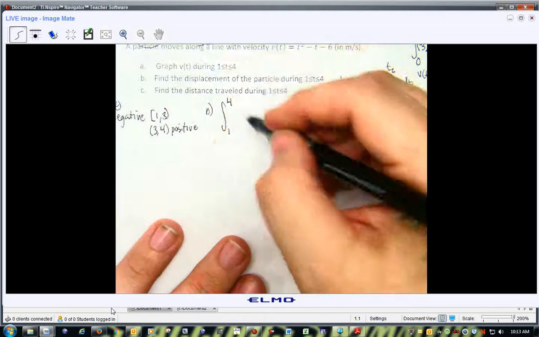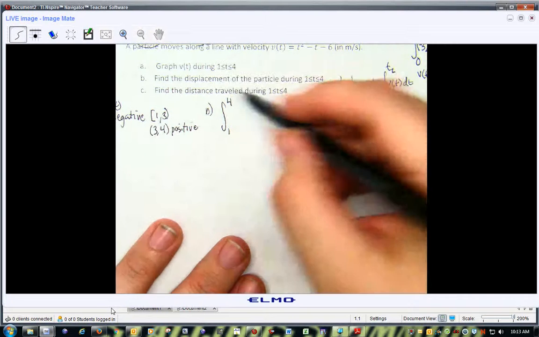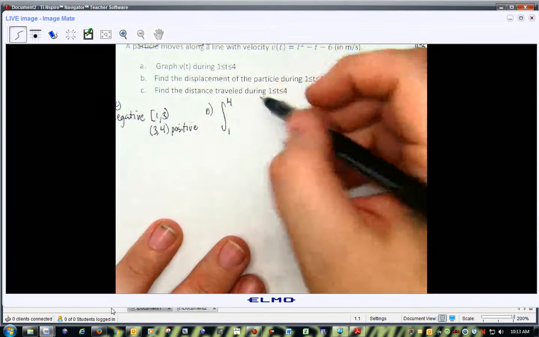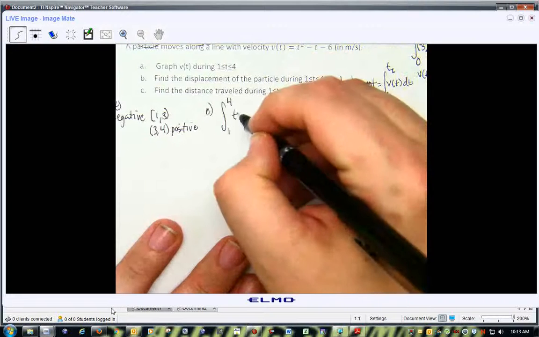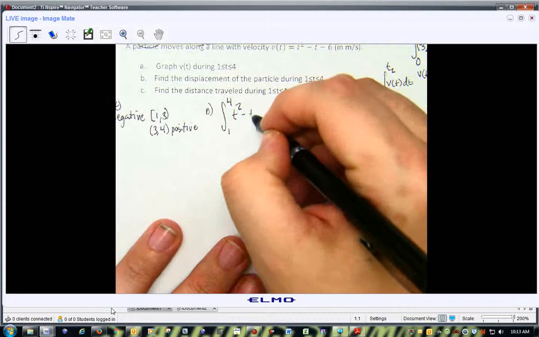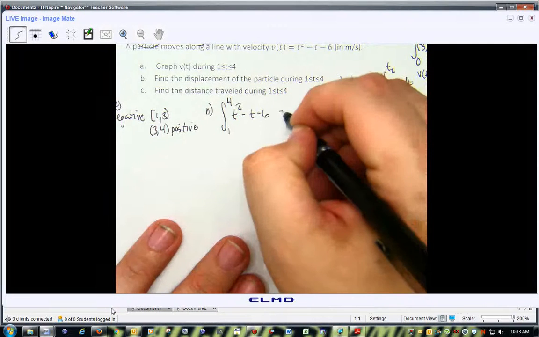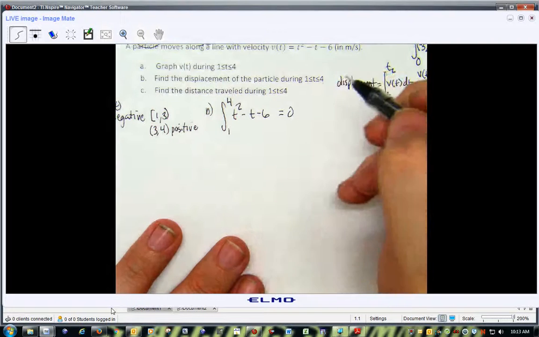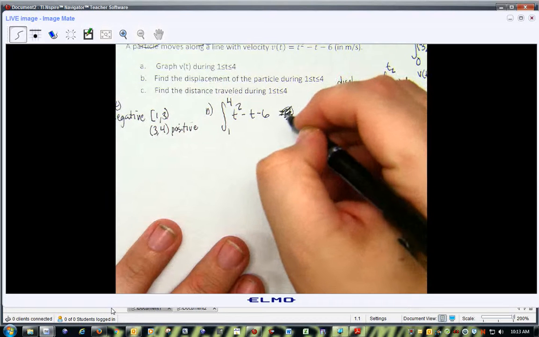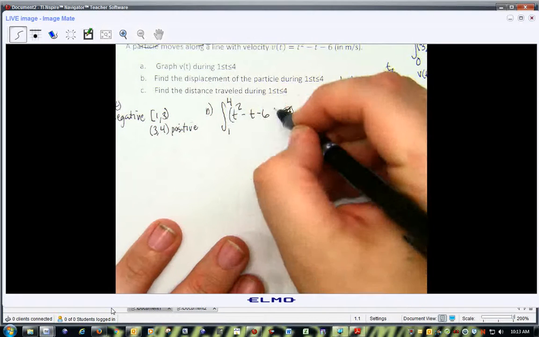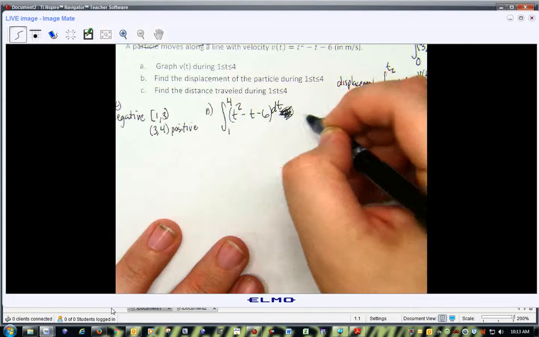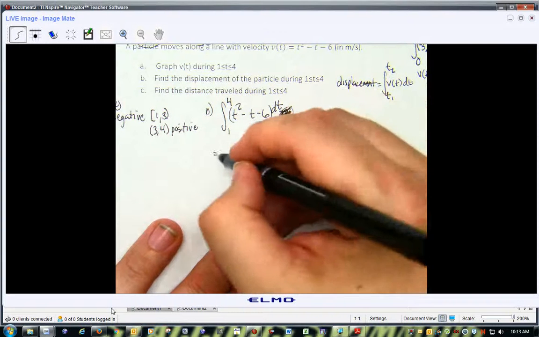Now, I'm going from 1 to 4 of the velocity, which is t squared minus t minus 6 dt. So this is going to be t cubed over